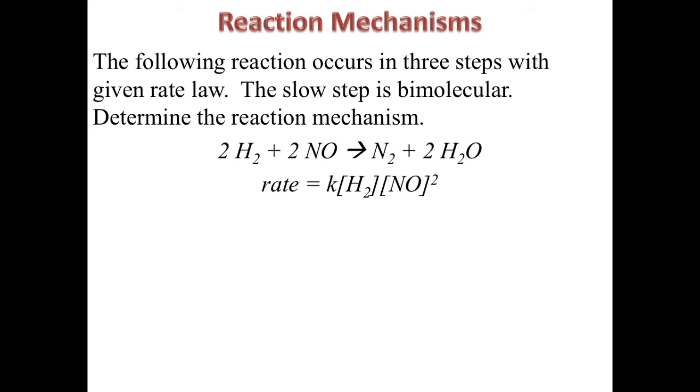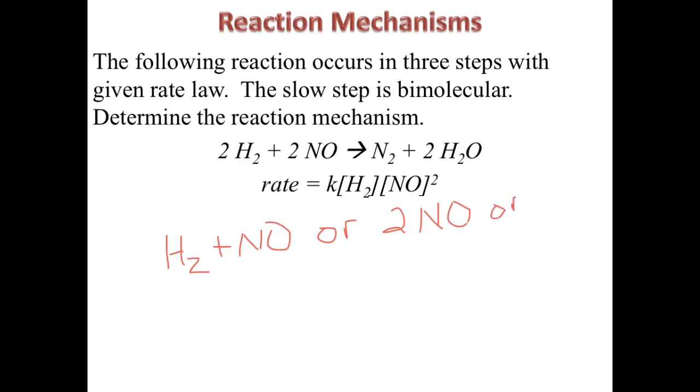So what we have to do is come up with a reaction mechanism that will help us determine what is going on in this reaction. Thinking about it, for the slow step, we have a couple of choices. Hydrogen can't react with itself because it'll just form more hydrogen. But we could have a hydrogen react with a nitrogen monoxide, or we could have 2 nitrogen monoxides react together,